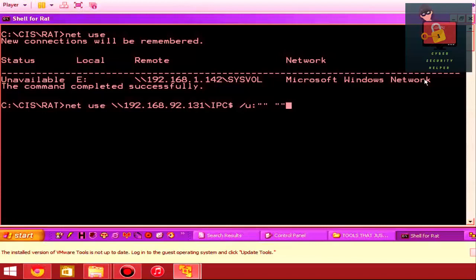So the forward slash U is for the username. In this case, because the quotes are right next to each other, that basically means nothing. And then, of course, the password comes right behind that. And you can see that it says the command completed successfully. All right. Now, what I've just done is I've reached out from a client to the Windows server, and the